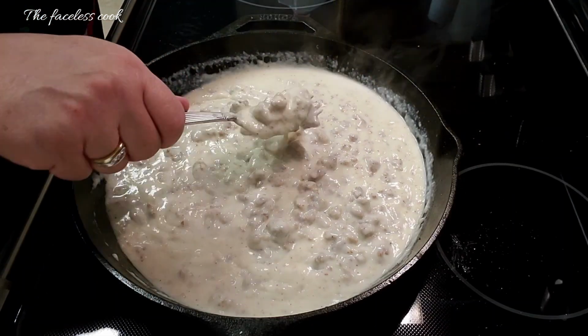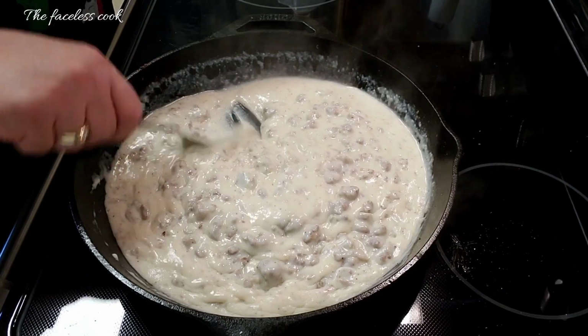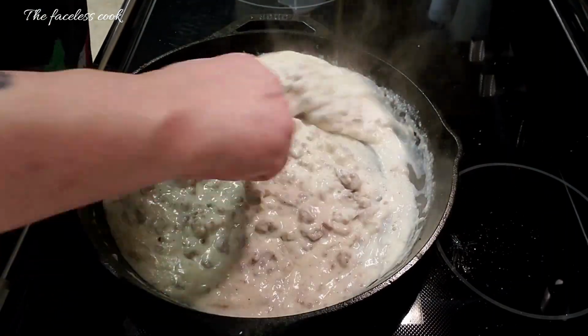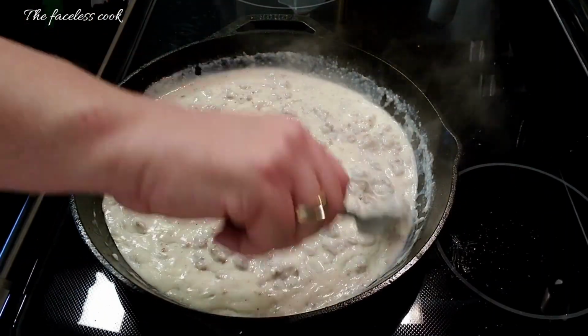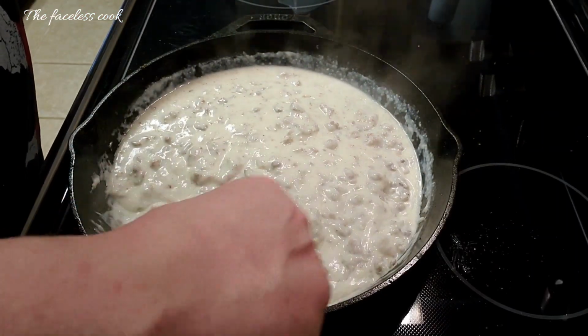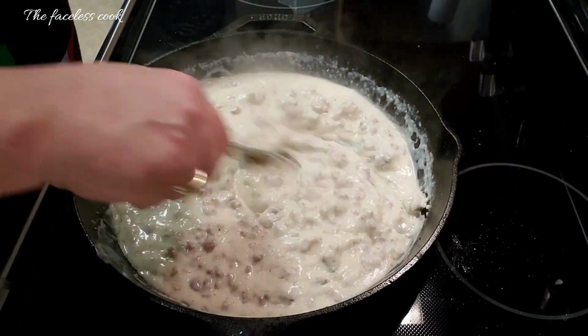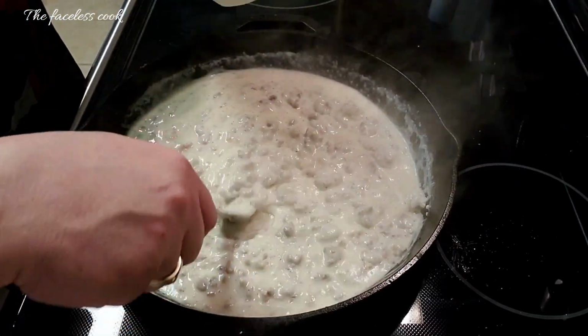So it depends how loose you guys like it. If you like it loose, add more milk. If you like it a little tighter, cook it down a little bit more. Now I have the heat down pretty low at this point. I got it almost not even at a simmer. Okay, so I'm thinking a little bit more milk,